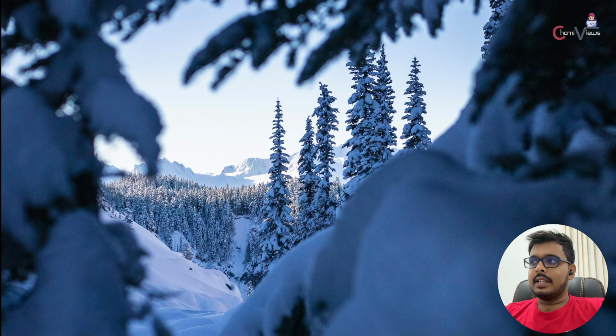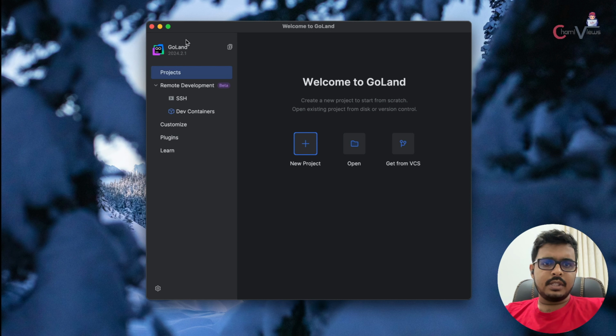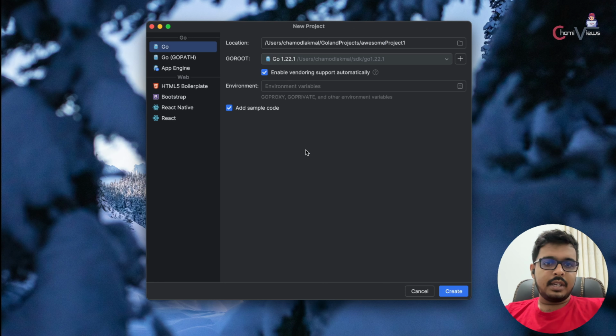Today I will teach you how we can create a simple backend service using GoLang. First, I will open my GoLand IDE. This is the newest version of GoLand. First, I will create a new Go project here. I will add the name as item management system. In this project, I will teach you how we can